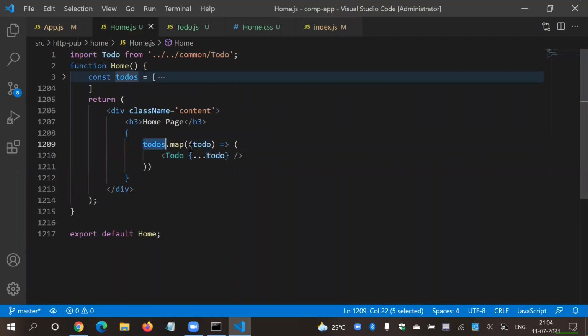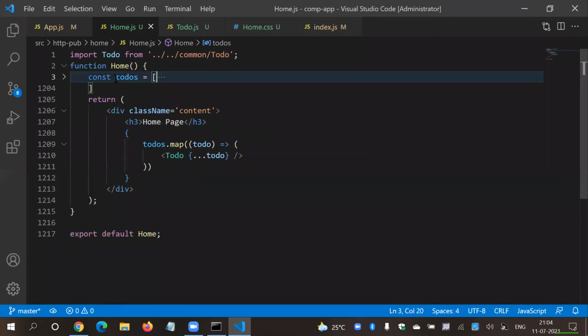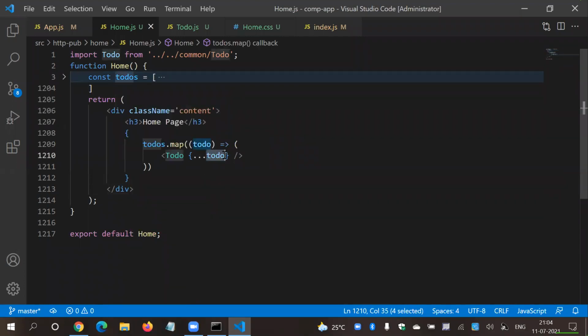Even this is array, but here it is object, right? Array inside object. I'm not using a spread operator before todos. I'm using spread operator before todo. This is object. If you see here, this is a different variable. This is array, but here if you see, this is todo. This is an object. Okay. Got it.